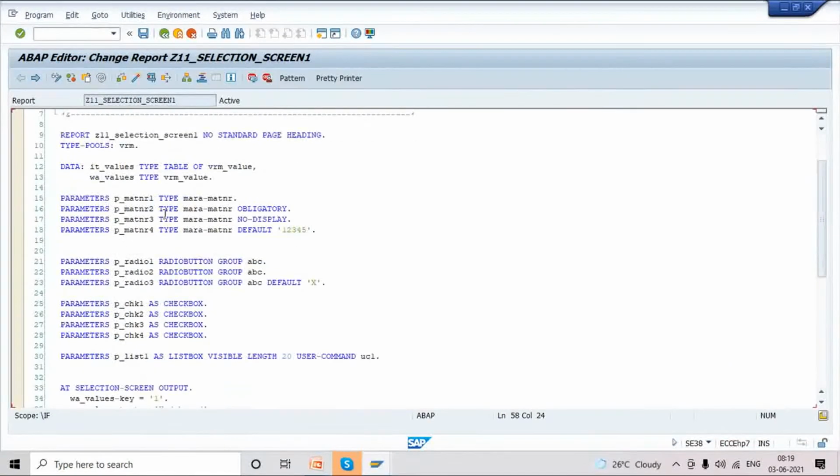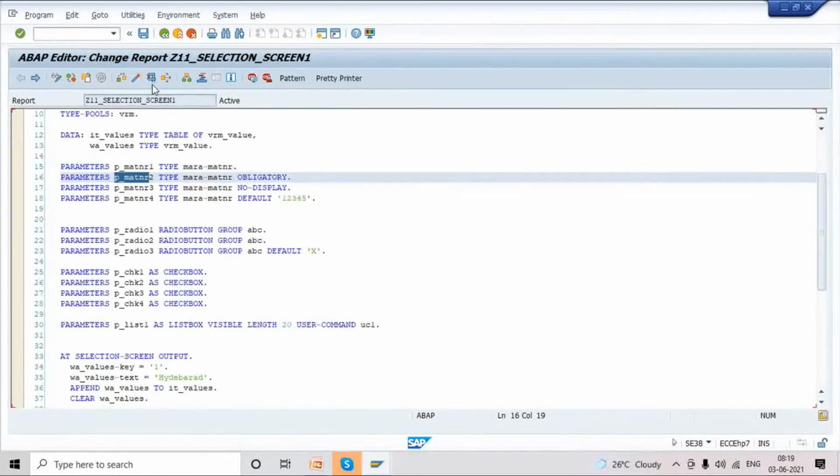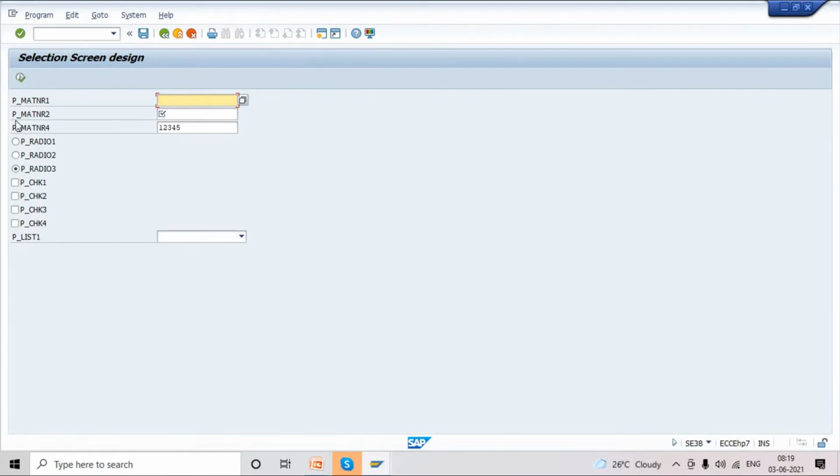Basically now at the screen level, we are able to see these values, P_MATNR. Whenever I execute, you can see P_MATNR, MATNR2, MATNR. But the user will not understand what P_MATNR is. MATNR is a technical name. A material management person can understand that MATNR means material number, but the user should understand it. They should have a proper label, material number. They will not understand all these short names.